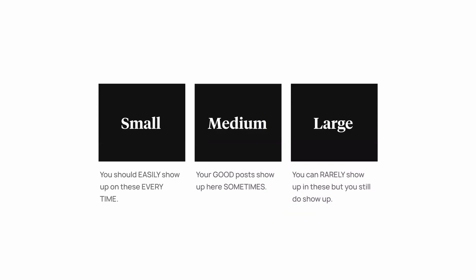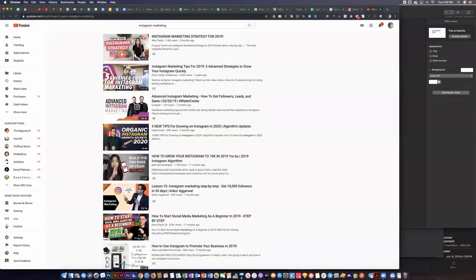So when you're looking at small, you should easily be able to show up on the most popular or trending tab for the small hashtag, versus medium, where your best post might show up here sometimes, right? And for large, you can really show up here, but you do still show up after maybe 1 or 2 swipes, right? So what you're looking at is, let's say, I'll literally show you how you can take